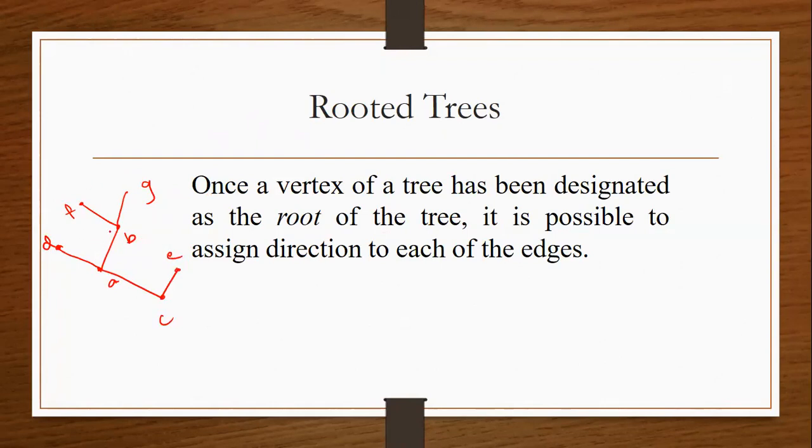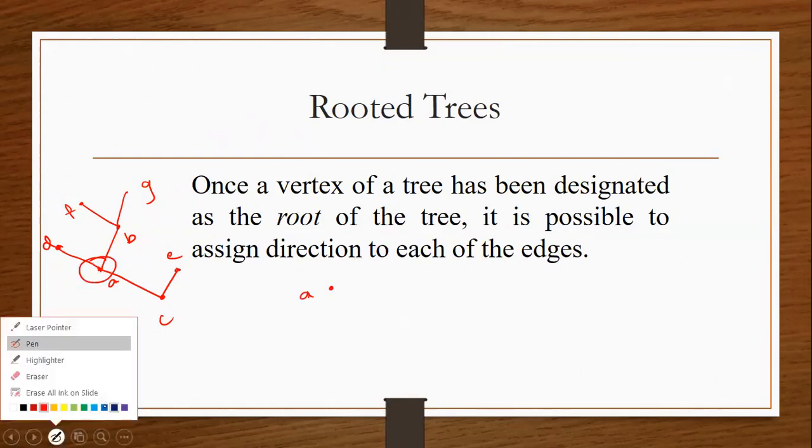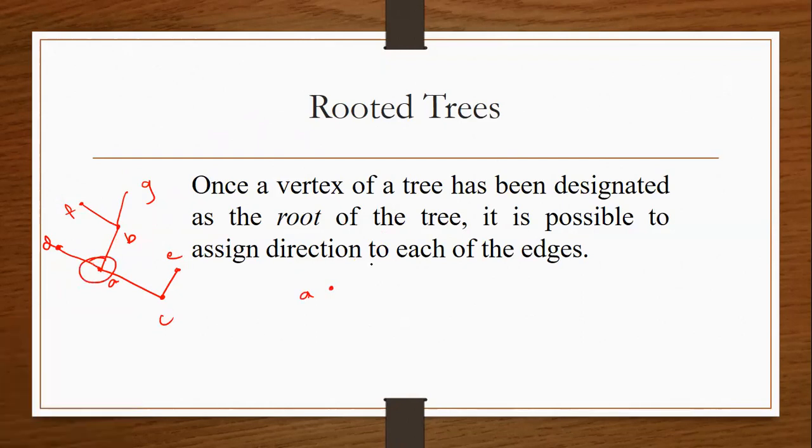Suppose we have a tree and in this tree I want to take A as the root. So if A is the root, then here I have my A. From A I have children. A's children will be B, C and D. There will be 3 children. So this is B, C and D. And we can give direction now because from A we are going to B, C and D. Let's just give direction.